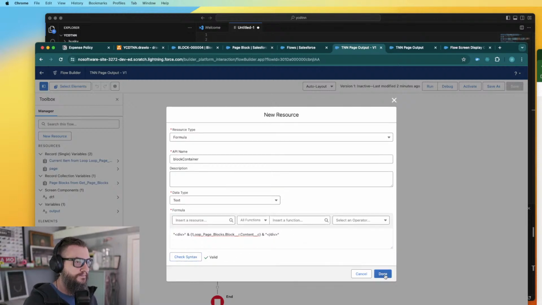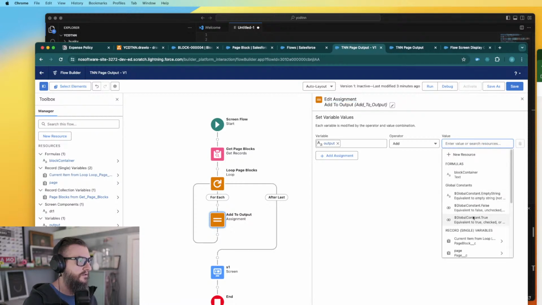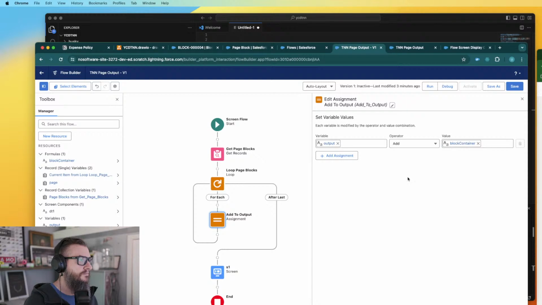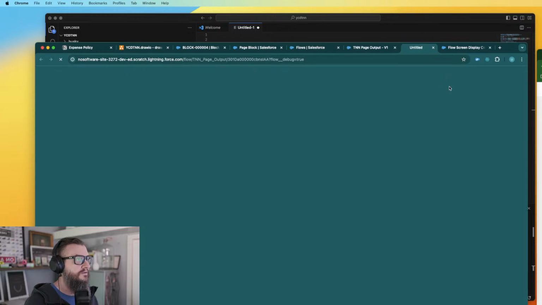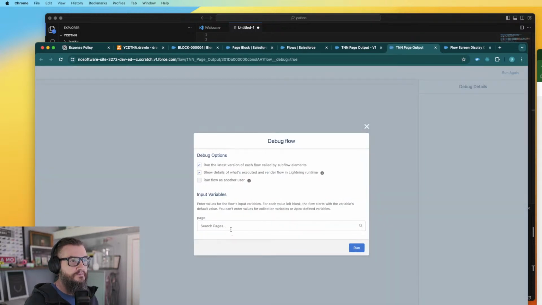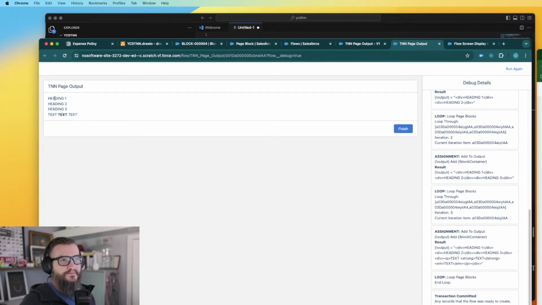And then we'll add that to the output instead, see what that looks like. So this should put a div around each of them. Yep, now break lines. Okay, cool. So again, not the most exciting in the world, but